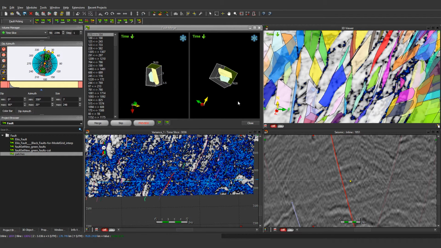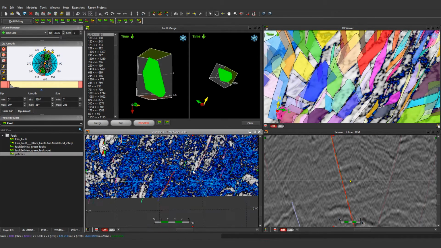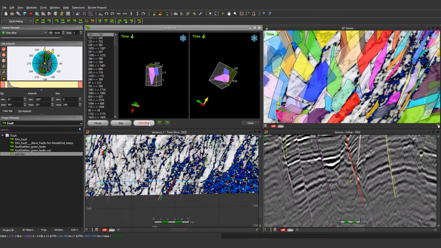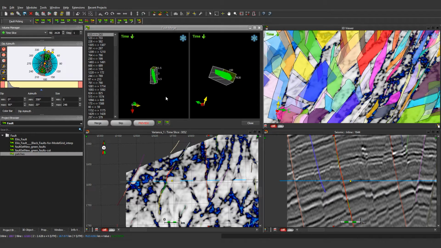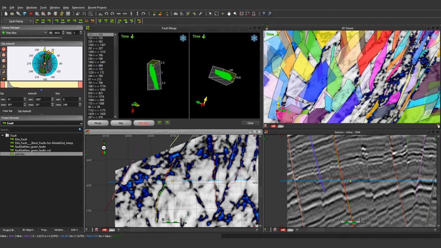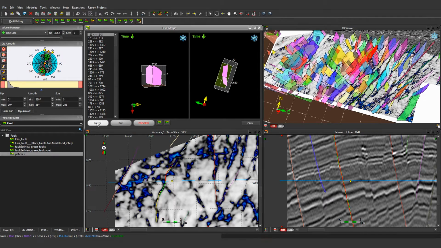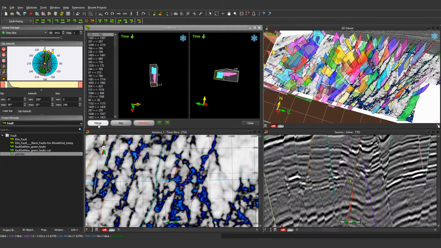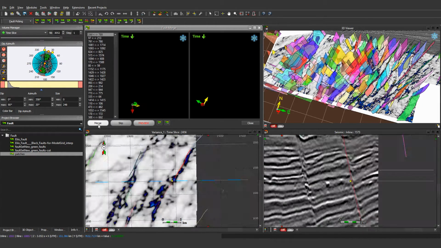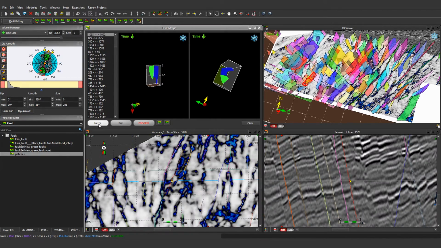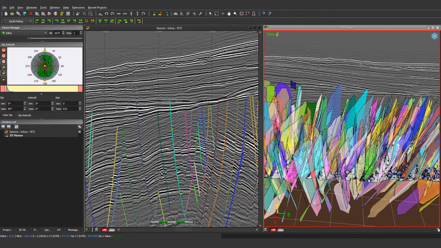So for that, we use a fault assistant, which will select and detect the faults having the best coplanarity and the shortest distance. And the interpreter can then check using the preview mode if these faults are good to be merged or not. So that's why we always ask the interpreter to double check before merging and to preview the result of the merge before accepting. So this process is relatively interactive and relatively fast because you can control what you do, and then step by step you can converge towards very large fault planes and control the merging process, which is a very crucial step in the interpretation workflow.